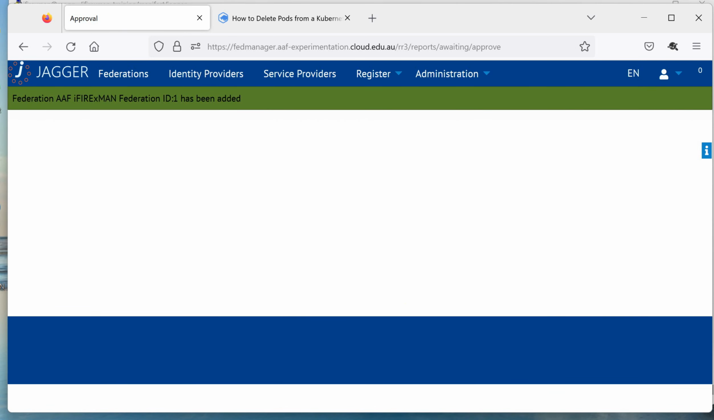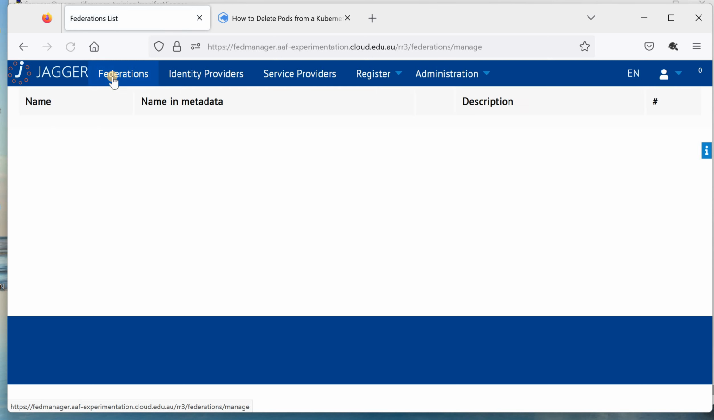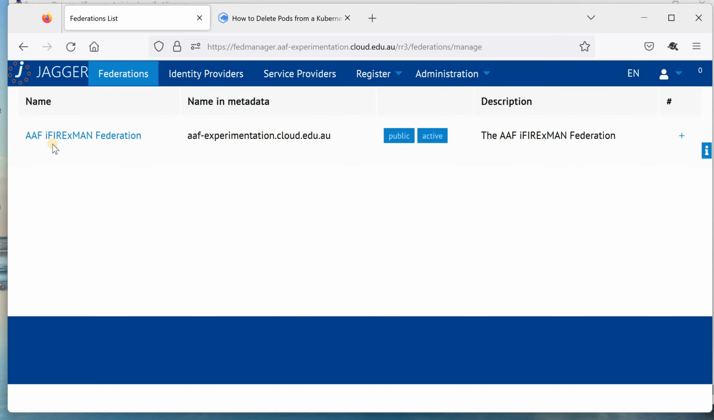And it now tells me I have added my federation. If we go to our Federations tab, we can see AAF Fire X-Men Federation ready to go. Now we have Jagger up and running and our first federation ready to go. That's it for this video. In the next videos, we'll be setting up the metadata signer, metadata